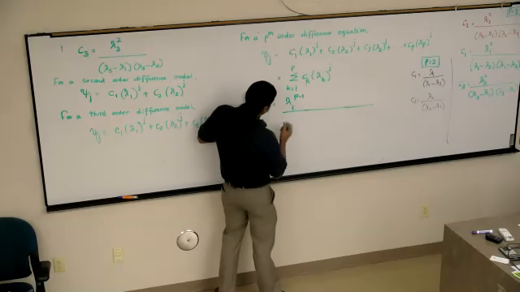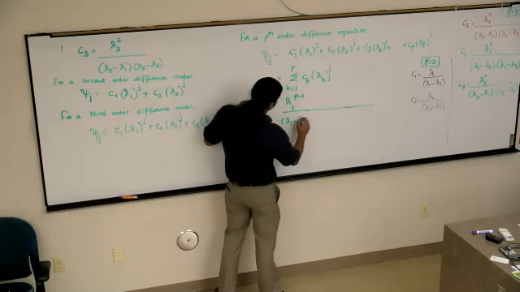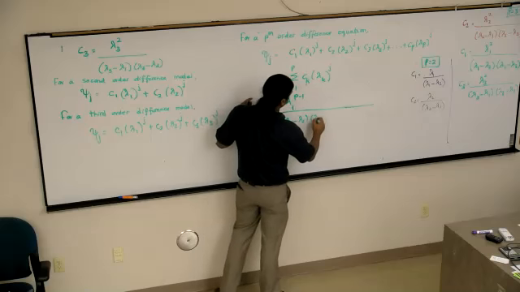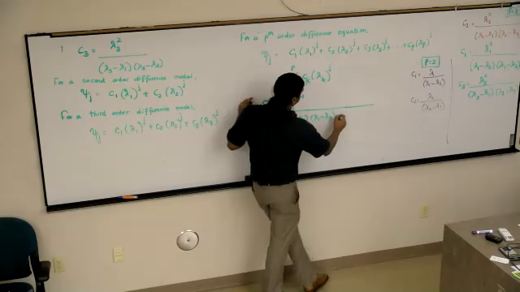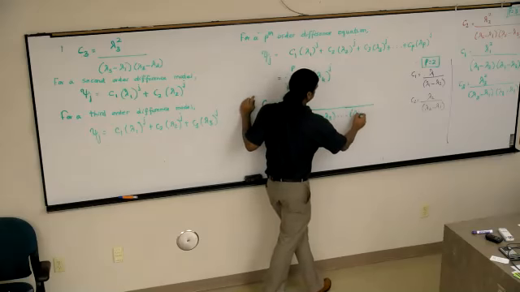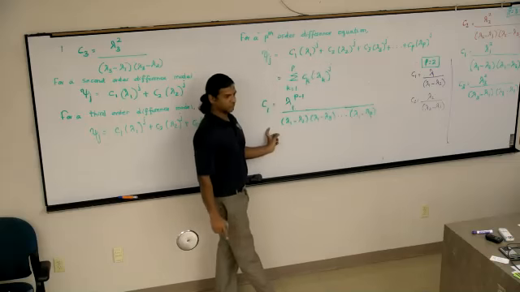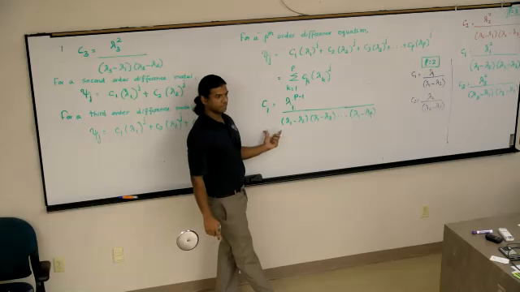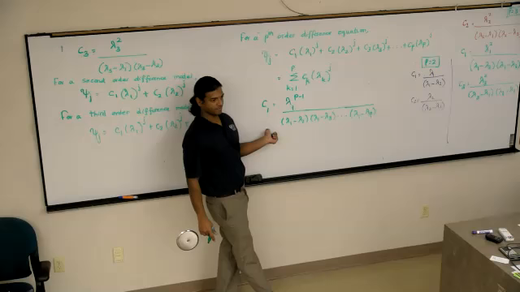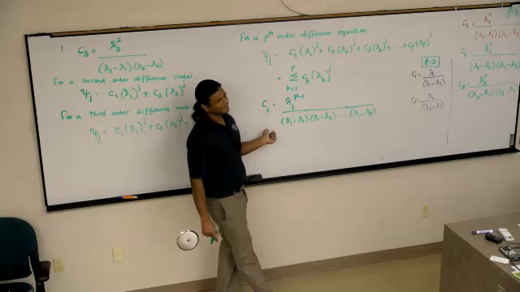This would be lambda 1 minus lambda 2, lambda 1 minus lambda 3, all the way up to lambda 1 minus lambda P, except lambda 1 minus lambda 1. Correct, because that will make it 0. Do you have to define that K as non-moving in order to